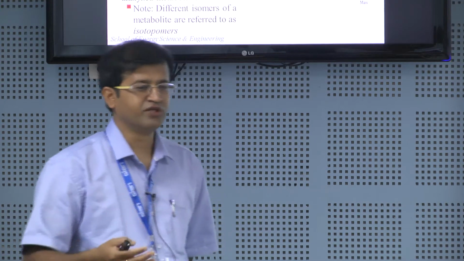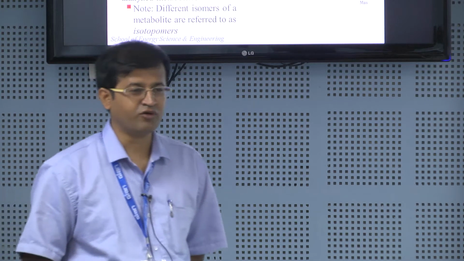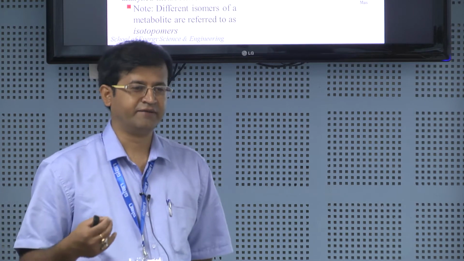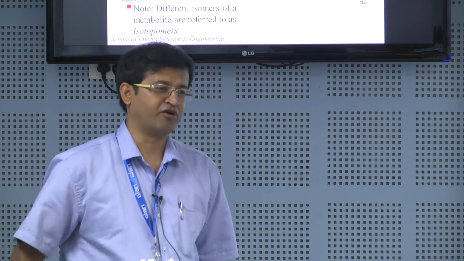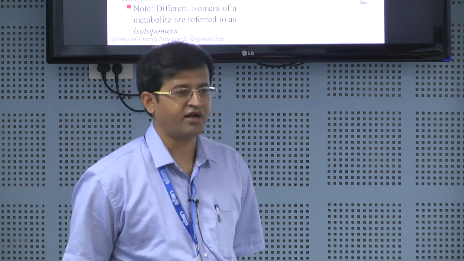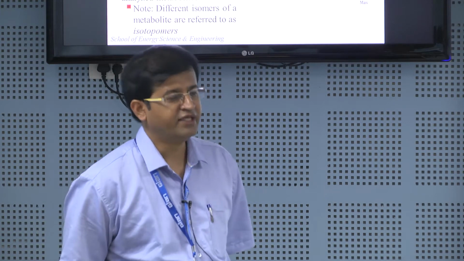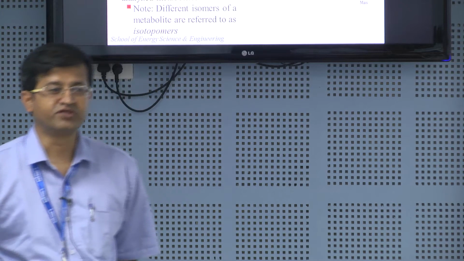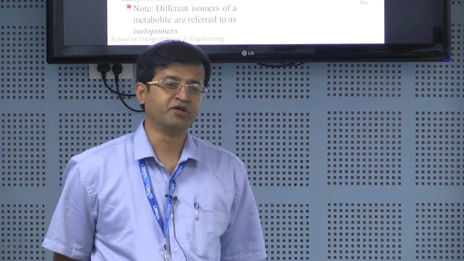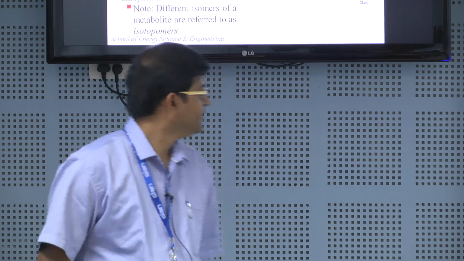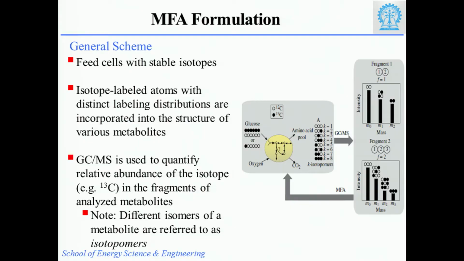And if you want to use any other labeled glucose, then you have to see whether it is available or not. Not all the labeled substrates are available, and any unnatural or uncommon substrate will be more expensive, because nobody is using that. And then you have isotope labeled atoms with distinct labeling distribution. The distribution I have already shown, where you can actually get the distribution of the isotope labeled isotopomers in a